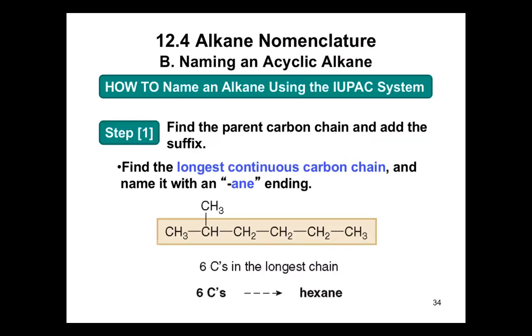So, suppose yung una mong step, if you are given the compound, you are given the structure, find the parent carbon chain. Ano ba yung parent carbon chain? Ito yung longest continuous carbon chain dun sa molecule. Okay? So, if you will look at this molecule, ang longest carbon chain, you have 1, 2, 3, 4, 5, 6. Ano ba yung polygon na may 6 sides? Hexagon. But instead of using gon as your suffix, you replace it with A and E. Kaya the parent carbon chain is called hexane.